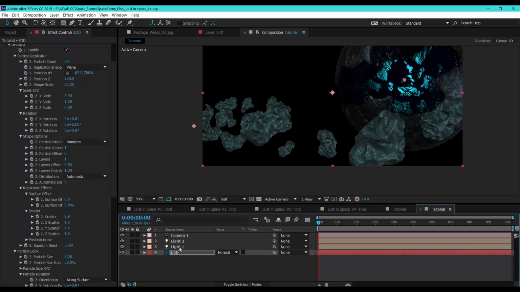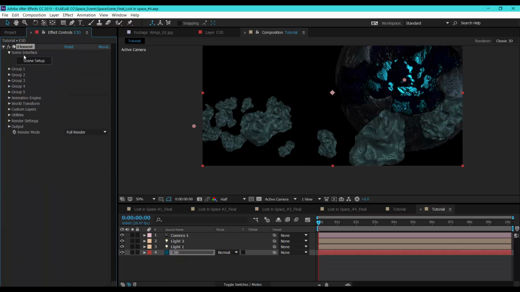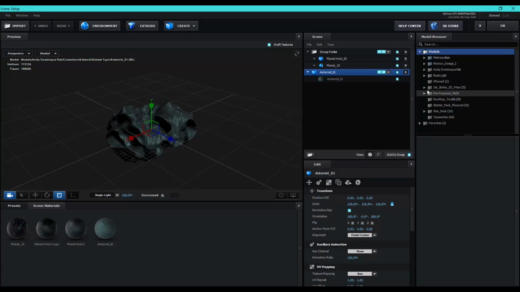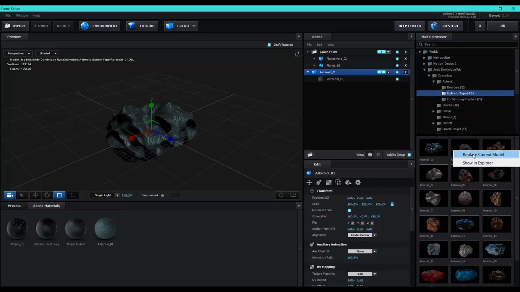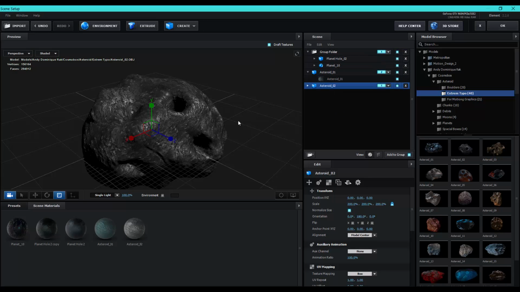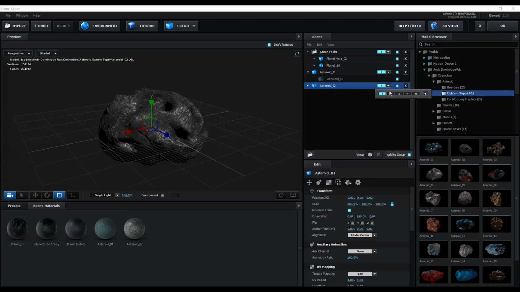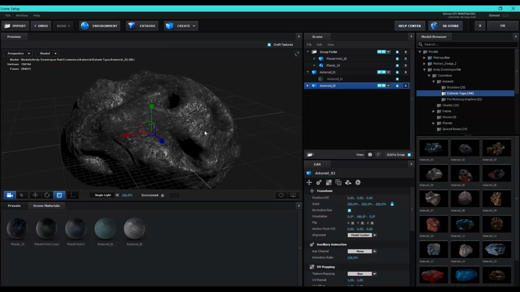Alright guys, so let's create another chunk and let's take another model from the asteroid and let's take this one. And put this into the group 3.